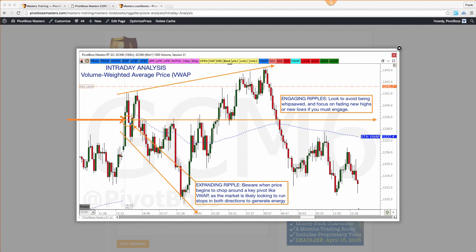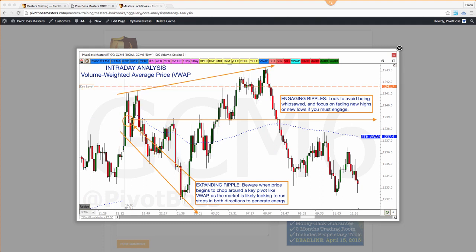Here's VWAP. That's the start of ETH VWAP. You can see it push up, then a push down. Then a push up, barely pushing beyond those highs, and then down, pushing out those lows. Then come up a little bit, then take out these lows. Then push up and pull back. Then push up a little bit and take out those highs and pull back, right? And then you've got to take out these highs and these. So you can see that it's a very difficult time to trade. This isn't a perfectly symmetrical ripple, and it's never going to be perfect in these markets, right? Sometimes you're going to have great patterns.